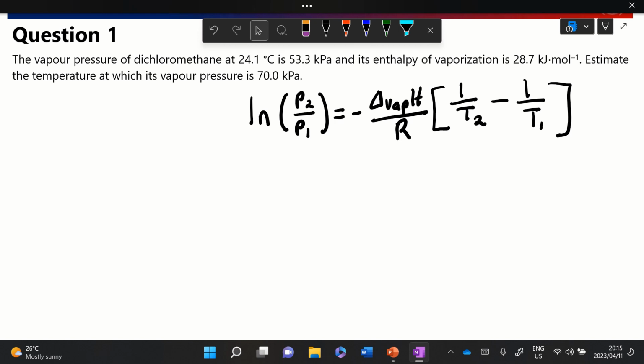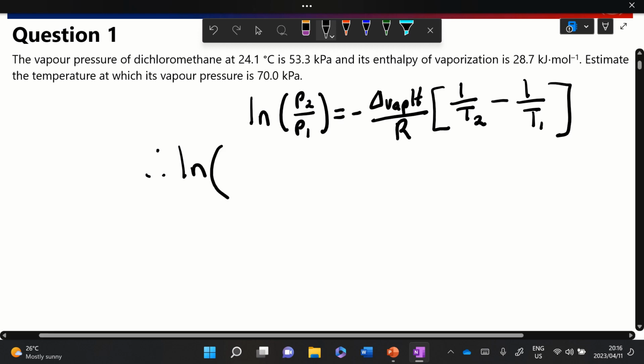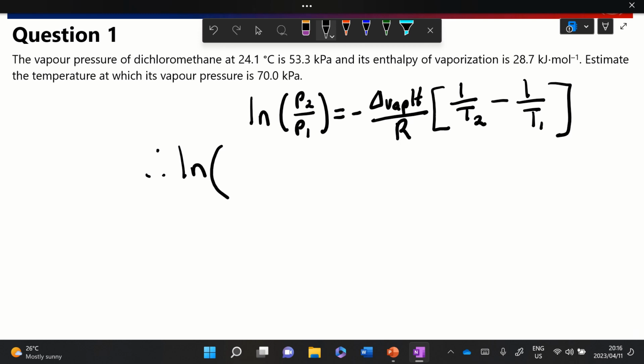So let's make P2, if we were going to calculate T2, then P2 has to be 70 kilopascals. So 70 kilopascal divided by 53.3 kilopascal